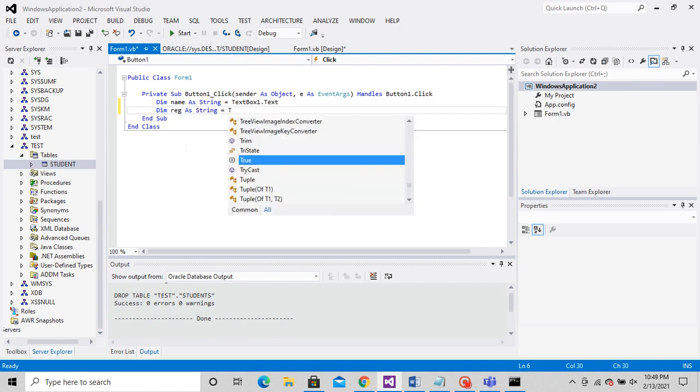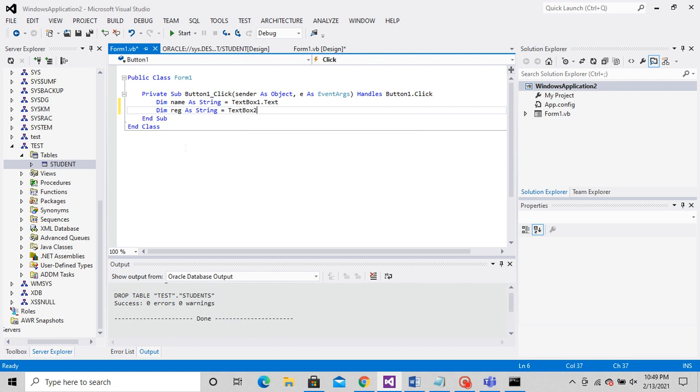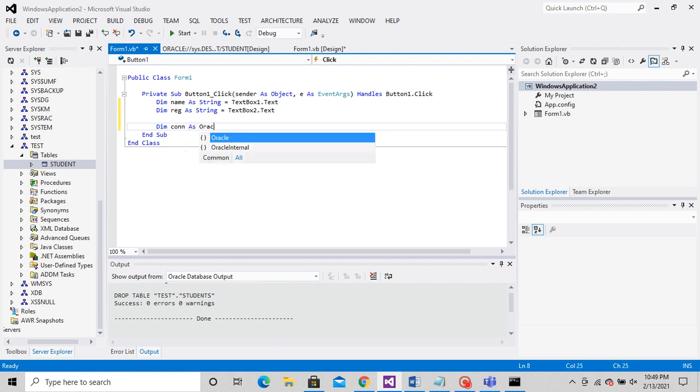Text box 1 refers to the text box which is adjacent to student name, and text box 2 is the text box which is adjacent to student registration number. So I am retrieving those two values and storing them into the variables name and reg.